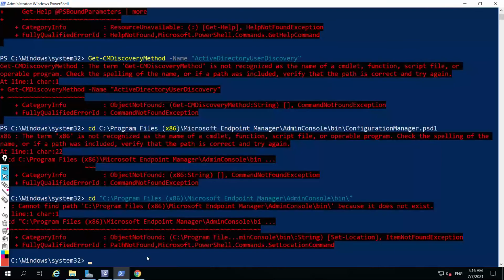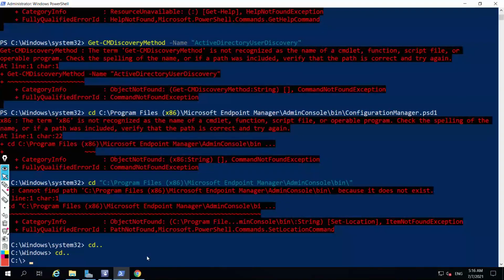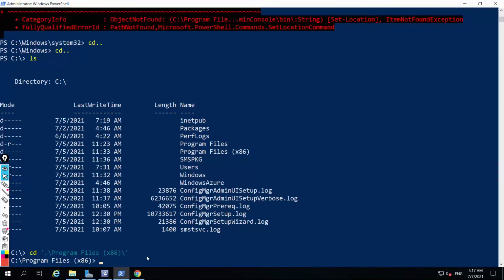Fine. So we'll go to Program Files, and what is our path?